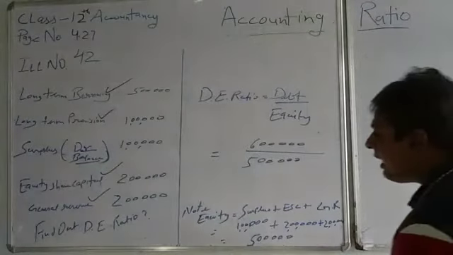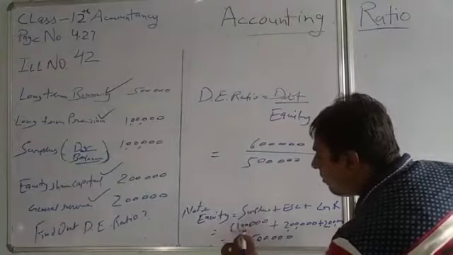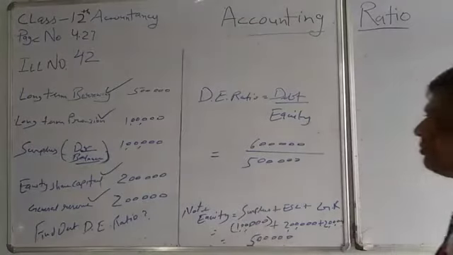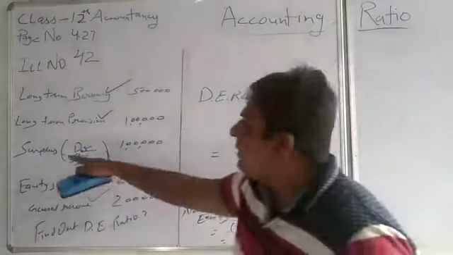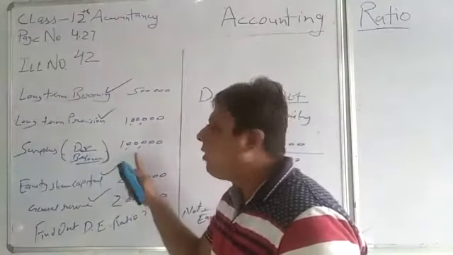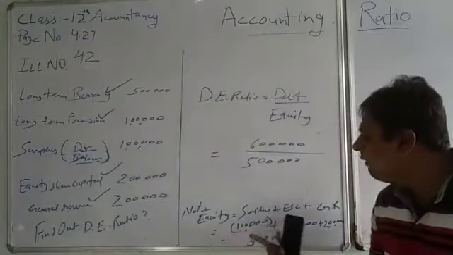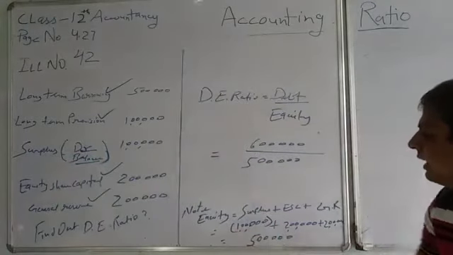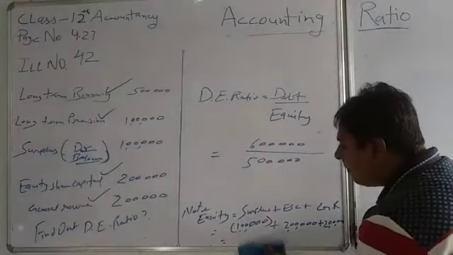Then we don't add it, we have to minus it. That means if surplus is given DR balance, debit balance, it is not a surplus, it's a loss, and we have to deduct it, not add it. So I will deduct it, and then after it will come